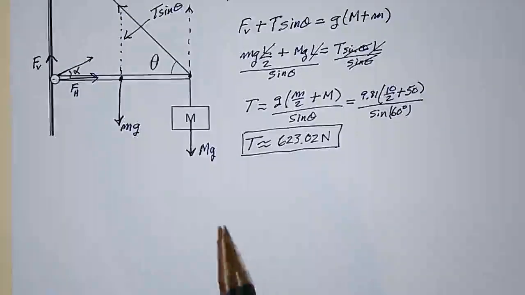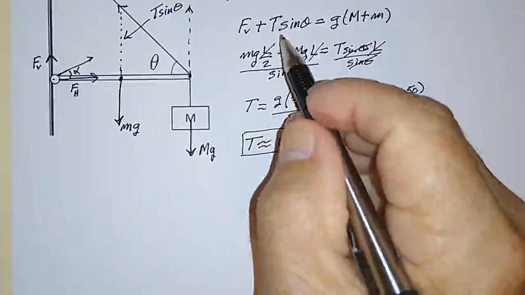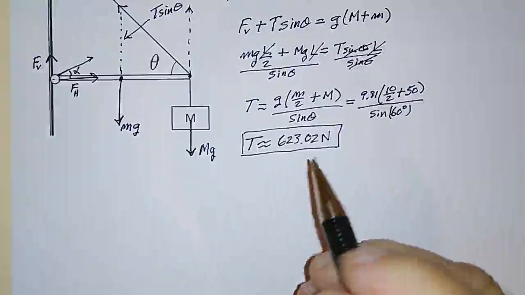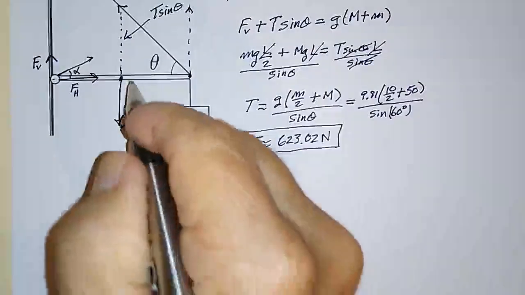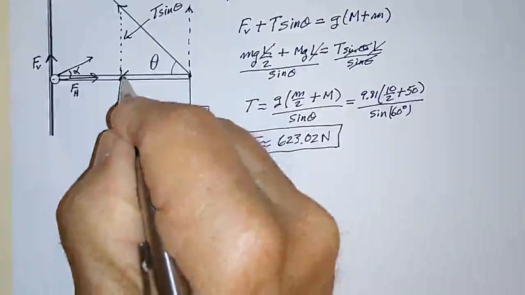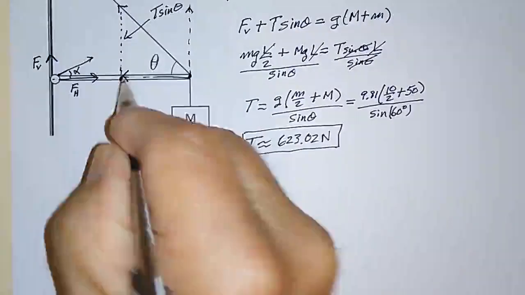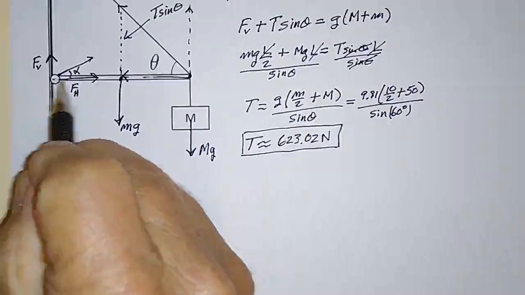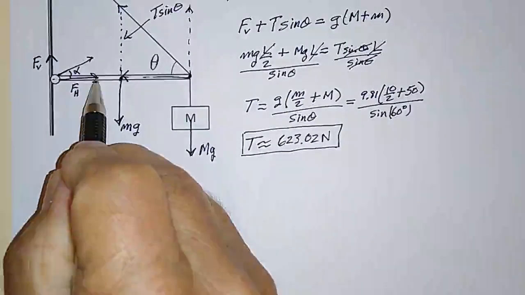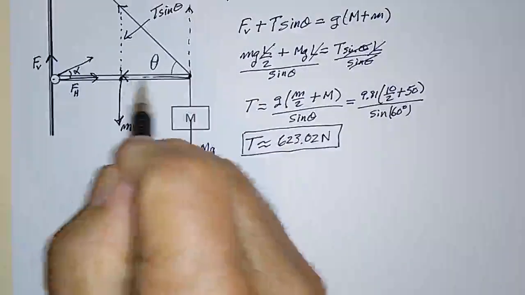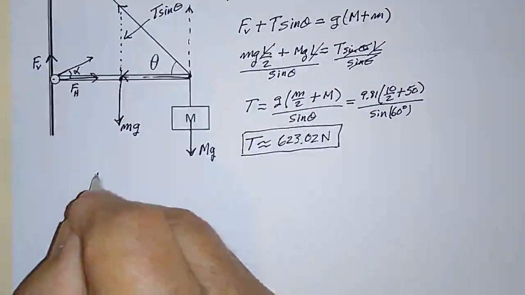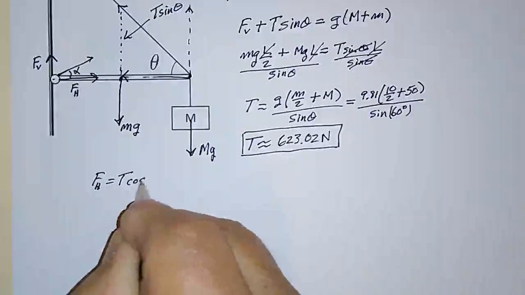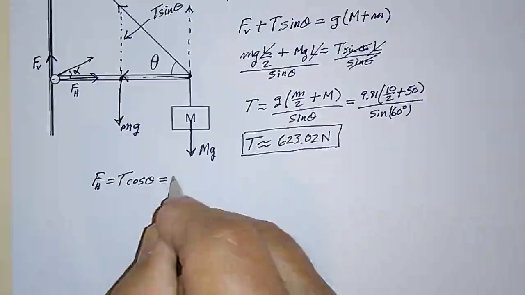Okay, so for the rest of the problem, I want to find the vertical component of the force and the horizontal component. Well, the horizontal component I can get easily because here it is. T times cosine theta points this way. The horizontal component of the force that the wall exerts at the hinge here has to be equal to T cosine theta. So I can just write down F horizontal is equal to T times cosine theta. So that's equal to